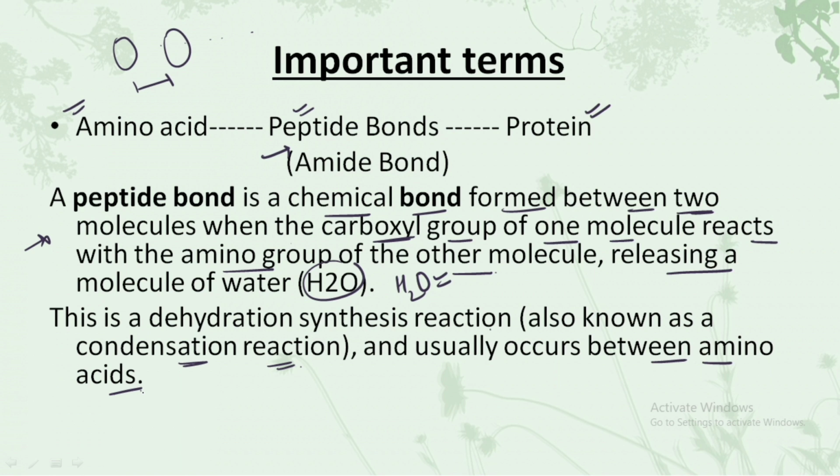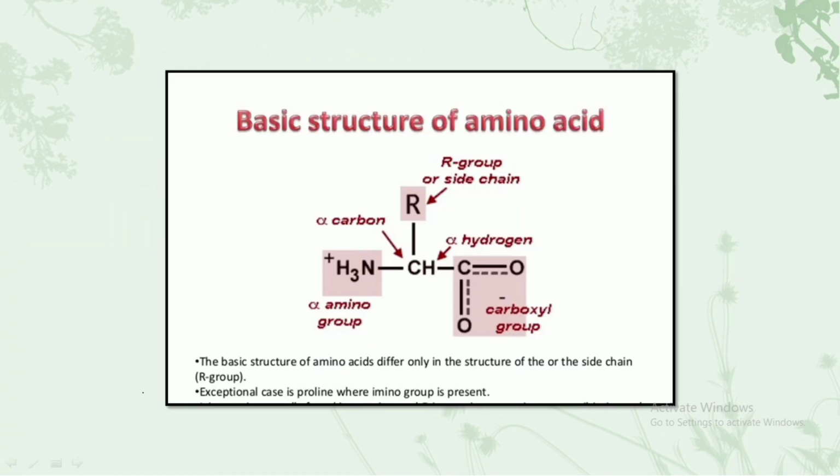For understanding this, we have to understand first the basic structure of the amino acid. The basic structure of amino acid looks like this. In this we have the central atom, and then there are four groups attached to it. The first one is an amino group, then we have a carboxyl group, and on one side we have H, and we have an R group. This is the variable group, and the variation in this R group leads to the formation of various types of amino acid. So this is about the basic structure of amino acid.